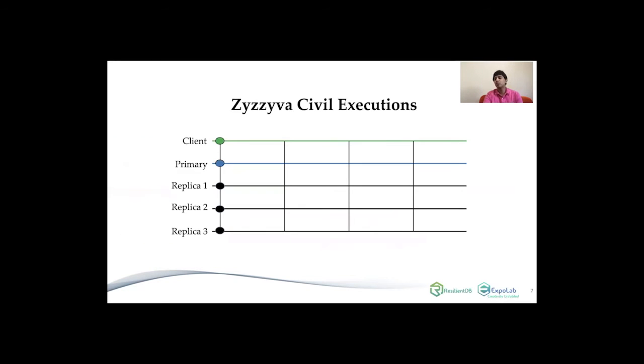So how does Zyzzyva work in a good case? We are again assuming a system where there are 4 replicas, and there's a client. And the client sends this request T to the primary. Now, like PBFT, the primary will attach a sequence number, and he will now forward this request to all the